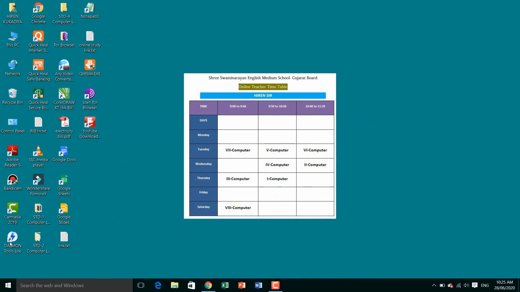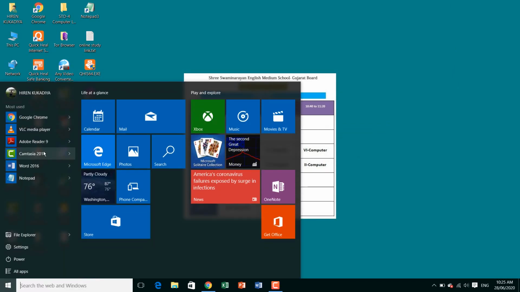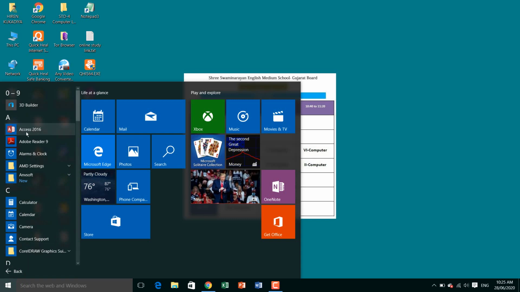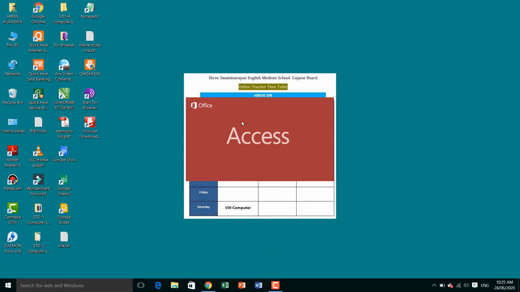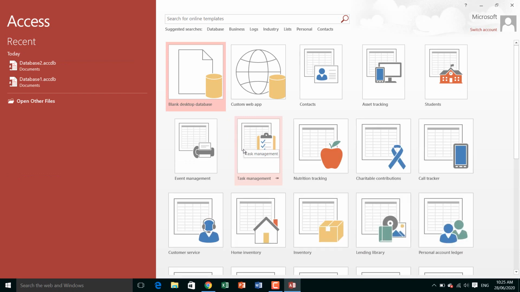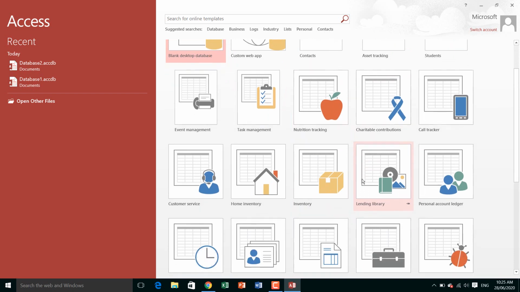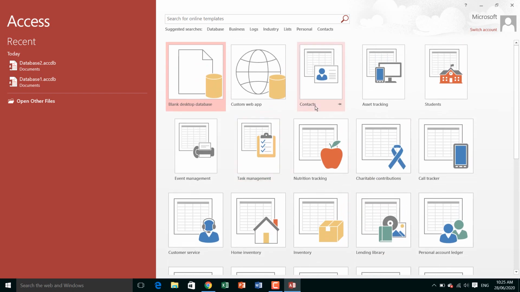First click on the Start button. Here in All Apps, you will see Access 2016. Click on this and Access will open. Here you will get different templates for creating a database. If you want to create a contact list database for mobile numbers, you can use this template.